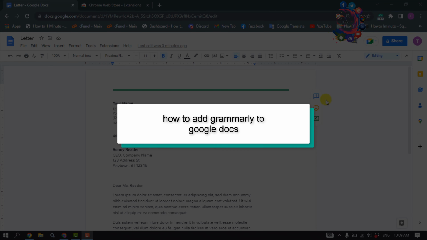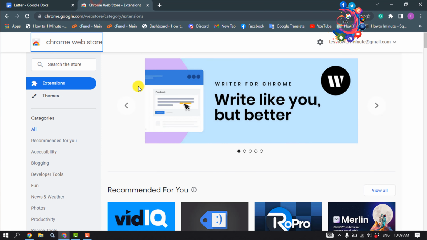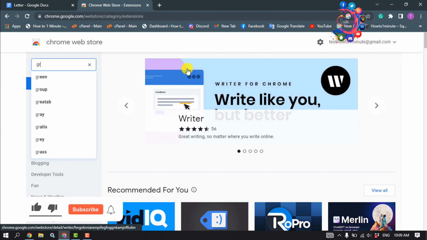This How to 1 Minute will show you how to add Grammarly on Google Docs. First of all, open your Chrome Web Store and search here Grammarly